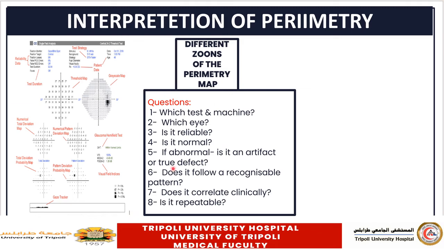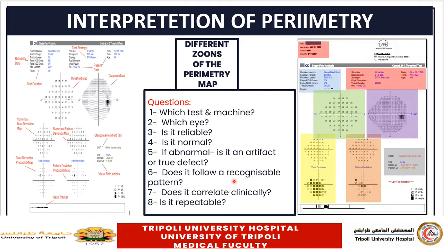To properly study the perimetry map, it has been divided into different zones, and each zone represents a special map and special information we can extract from that map. The reason is that by the end of reading this map, we should be able to determine